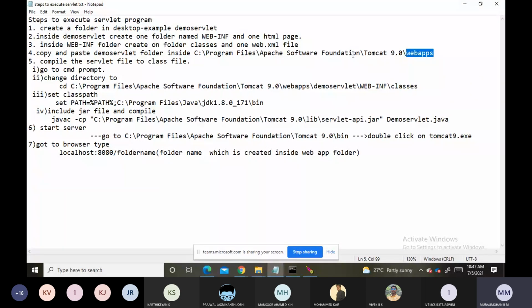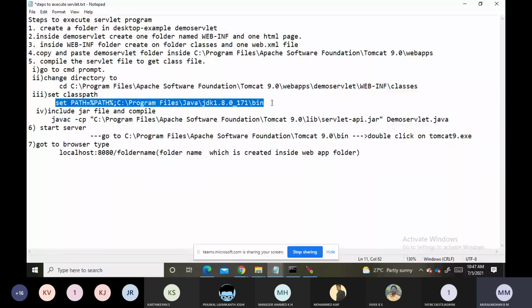Then to compile this servlet file to get the class file, go to the command prompt, change the directory, set the path, include the jar file and compile.